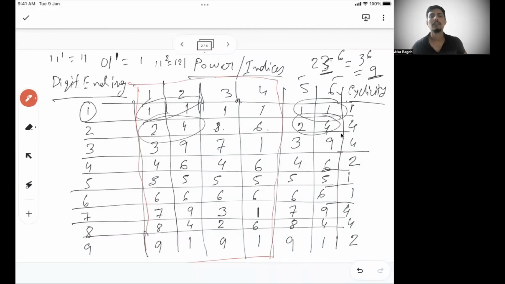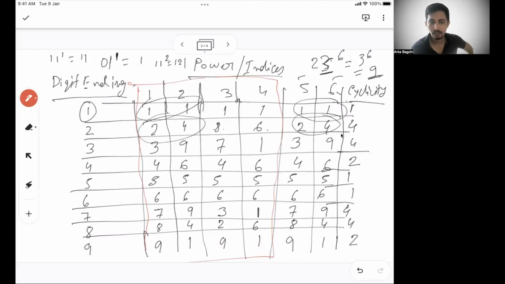Only on this section. But again, here also you don't need to hang up anything, because whatever the highest value is, if I divide by 4, I will always get a remainder of 1, 2, or 3, or it will be a complete multiple of 4. Irrespective of those cases, you can narrow it down to either a power of 1, power of 2, power of 3, or power of 4.